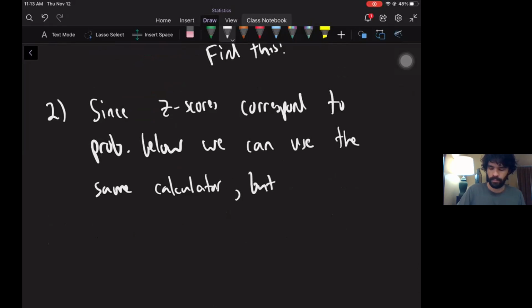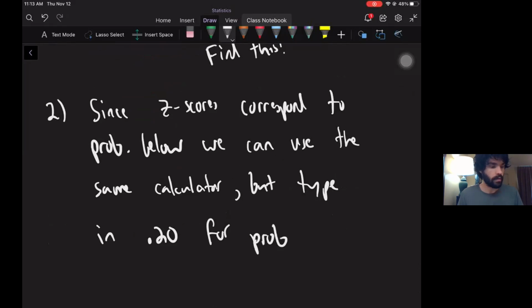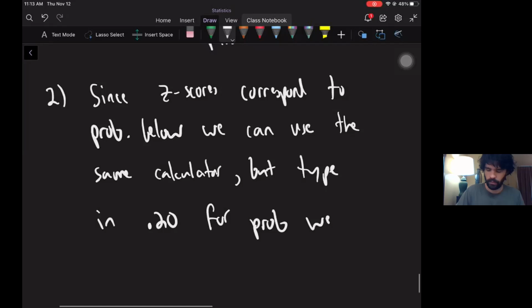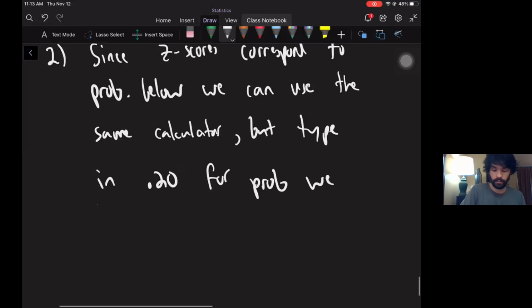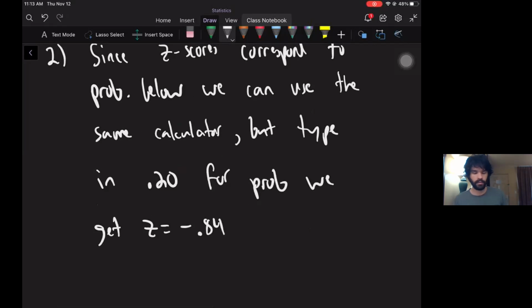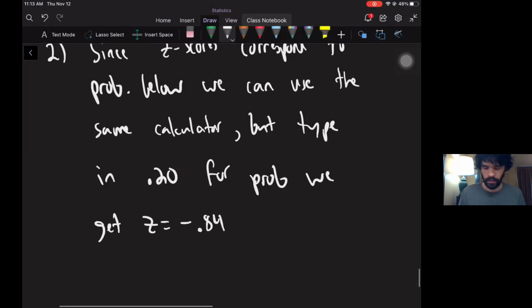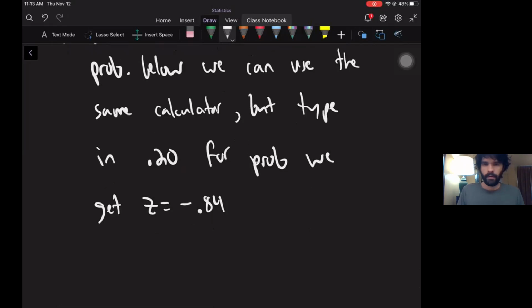So if you do that, you type in 0.20 for probability, that'll tell you what will pop up for the z-score is z equals negative 0.84. And I'm rounding, depending on the calculator you use, it'll round in various ways, but this is what I'm using. Okay, so this is the z-score